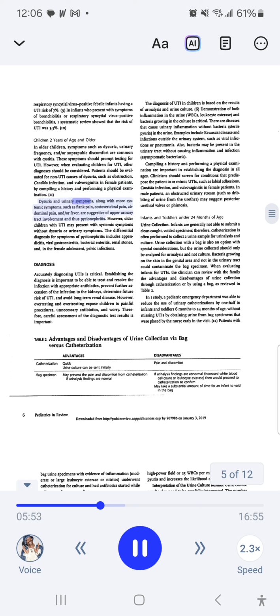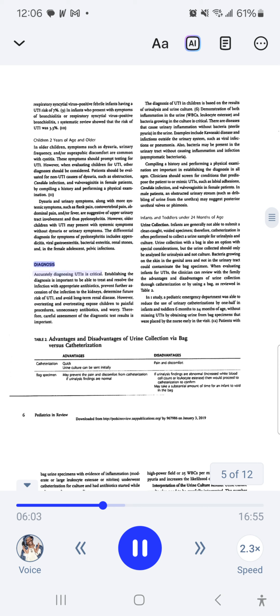Dysuria and urinary symptoms, along with more systemic symptoms such as flank pain, costovertebral pain, abdominal pain, and fever, are suggestive of upper urinary tract involvement and thus pyelonephritis. However, older children with UTI may present with systemic symptoms without dysuria or urinary symptoms. The differential diagnosis for symptoms of pyelonephritis includes appendicitis, viral gastroenteritis, bacterial enteritis, renal stones, and, in the female adolescent,